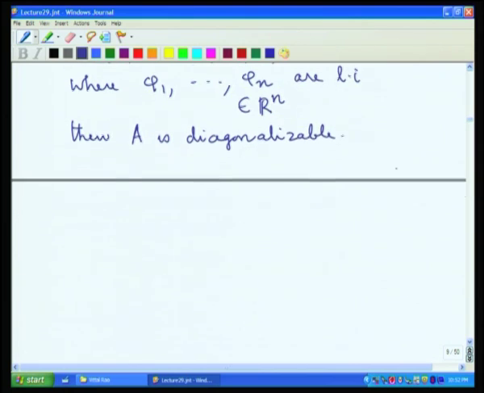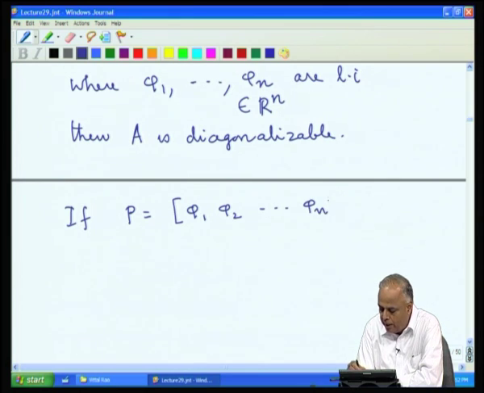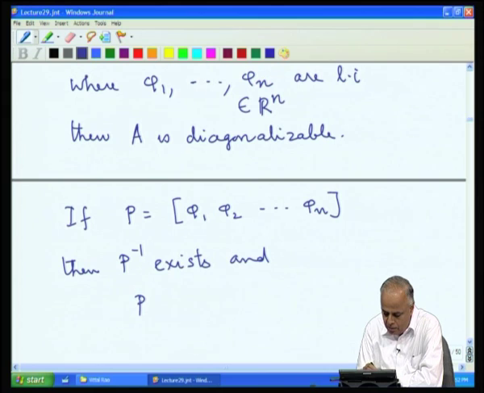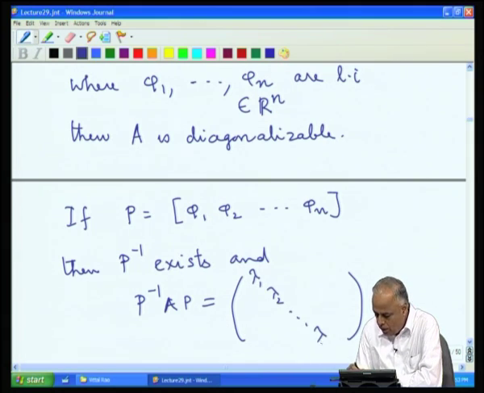And how do we diagonalize it? If we set the matrix P to be the matrix whose columns are phi 1, phi 2, phi n, then P inverse exists